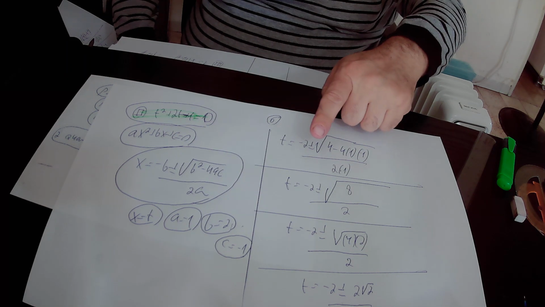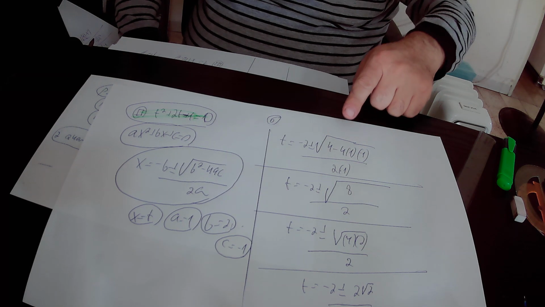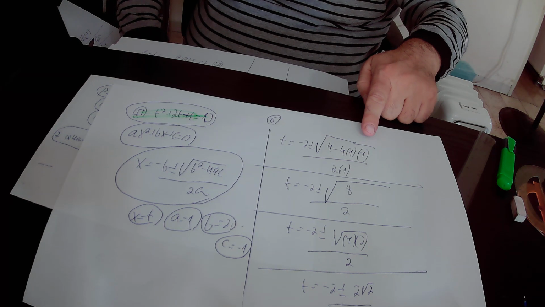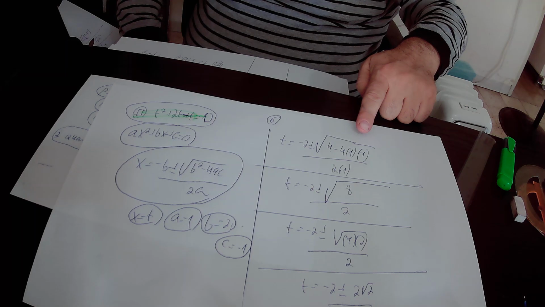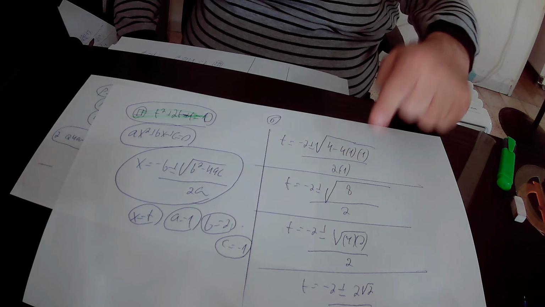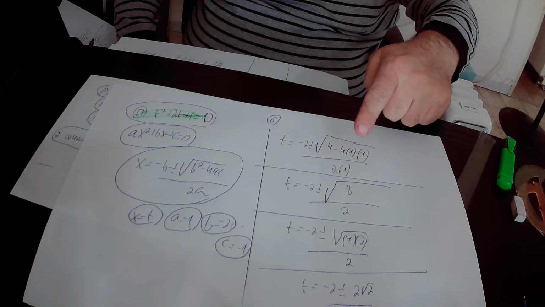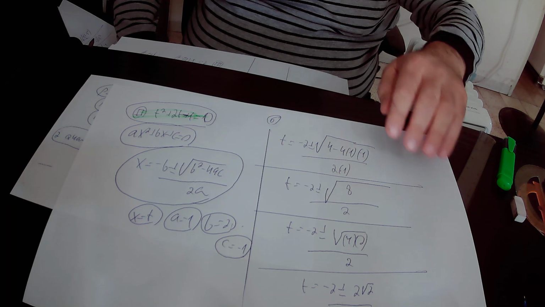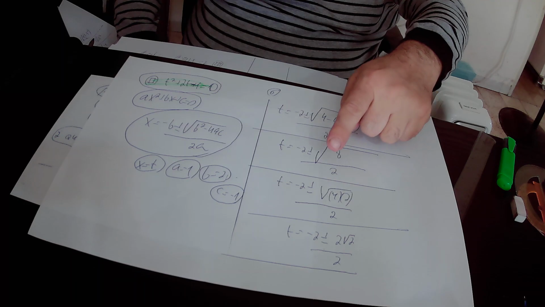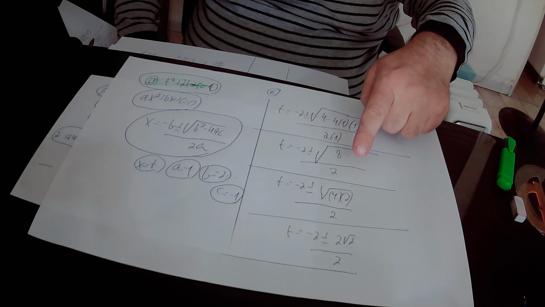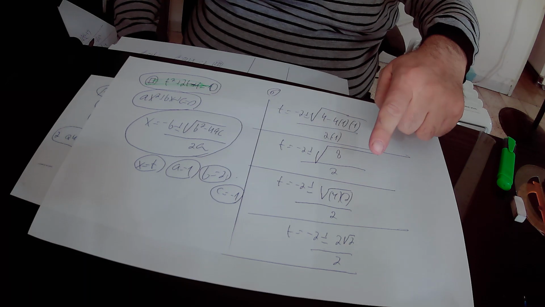So, in conclusion, we found out that t equals -2 plus or minus the square root of, inside the root we have 4, and -4 times -1 is +4. So in total, inside the root we have 4 plus 4, that is 8, divided by 2. So t equals -2 plus or minus the square root of 8, over 2. t equals -2 plus or minus, 8 is 4 times 2, so we substitute 8 by 4 times 2